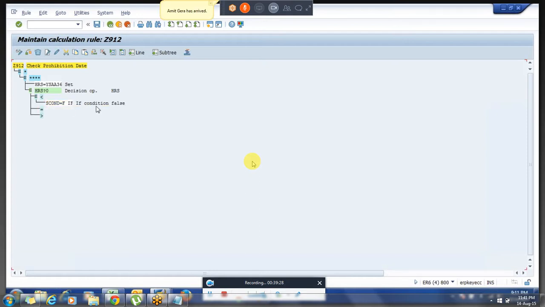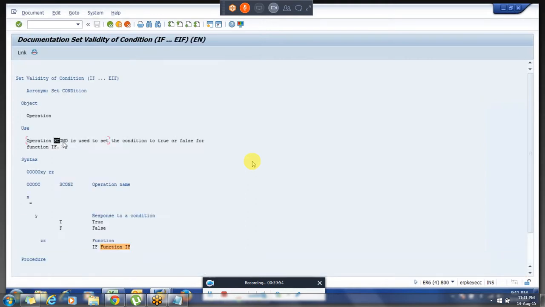What this will tell is if the condition is true or not, because this PCR we are calling in the schema with a function called IF. So there should be a true or false condition over here. For the true or false condition, we will use this SCOND function. If you want to go to the documentation, they will explain it clearly.